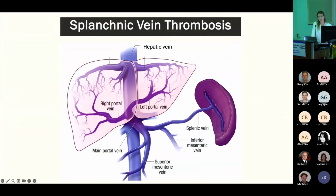So we're going to be talking about splanchnic vein thrombosis, and as I alluded to already, this basically includes 4 different types of thrombi. So let's review the anatomy. So there's a bunch of veins that drain the upper abdomen. And I like to think of these as basically 2 Y junctions. So first, you have your splenic vein, which drains the spleen. And this joins with the inferior mesenteric vein, which drains the left colon in this first Y junction on the